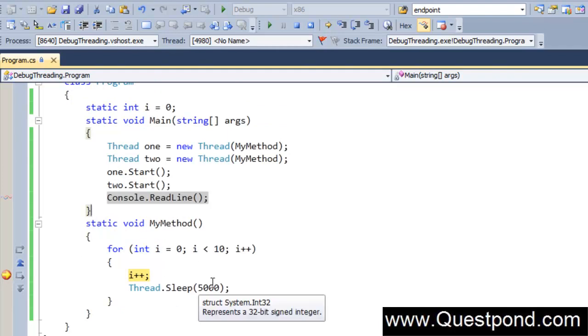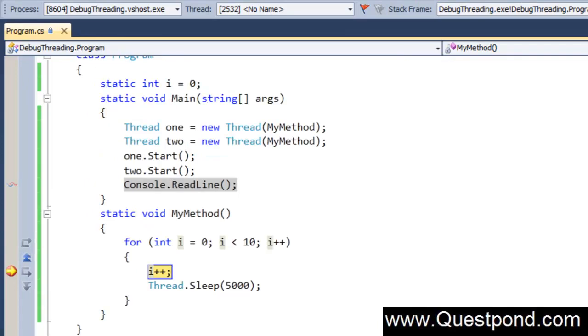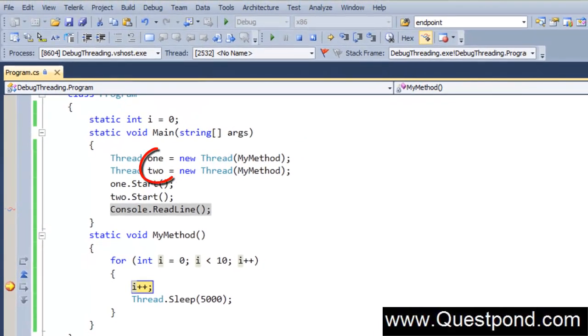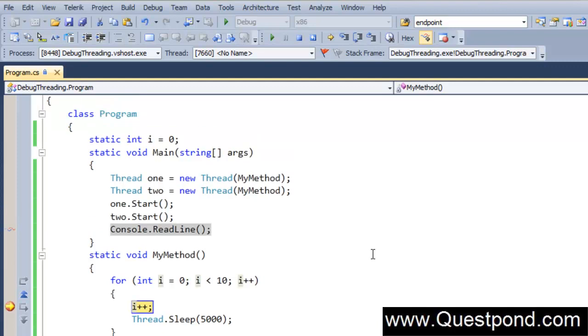But this debugging has problems. The first problem with this approach is I'm not able to figure out which thread my debugger is currently debugging. Because you have to remember that this MyMethod is called via 2 threads, one and two. I'm not able to figure out whether my debugger point is debugging one or two. So in order to figure out which thread you are currently debugging, what you can do is click on